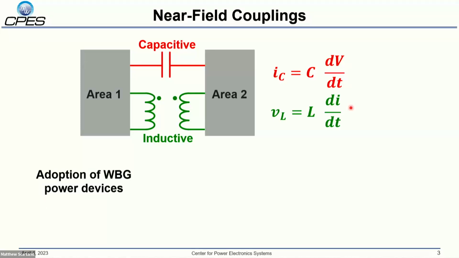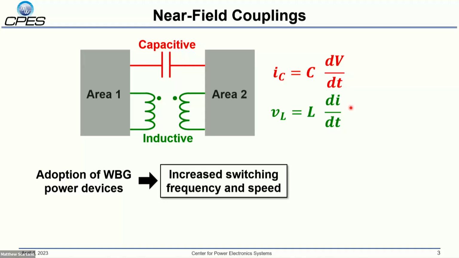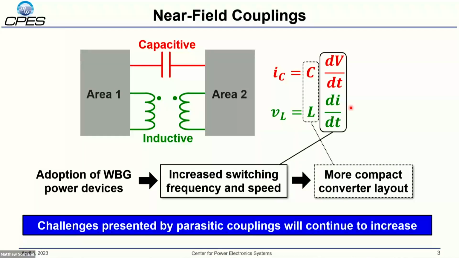As we know, wide bandgap power devices are finding increasing adoption in many converter applications, and converters using these devices can take advantage of higher switching frequencies and faster switching speeds. However, these factors also increase the dI/dt and dV/dt within the power stage. Converters using these high switching frequency can also use smaller passive components for more compact converter layouts. However, this also increases the mutual couplings between these different areas in the converter. As a result, the challenges presented by parasitic couplings will continue to increase with the further adoption of wide bandgap